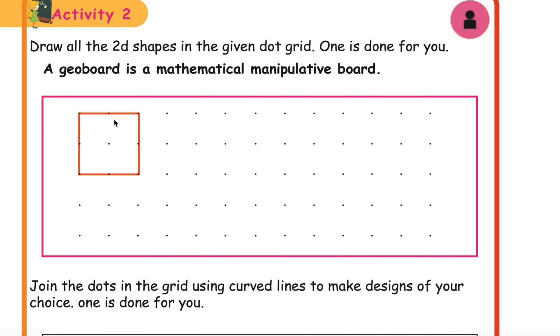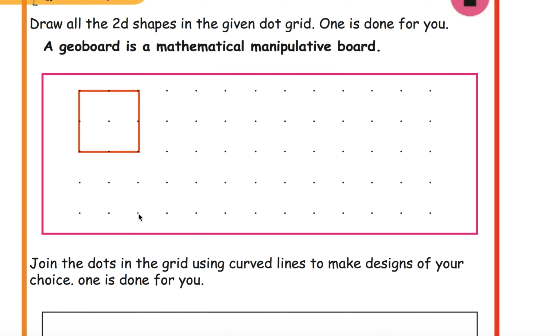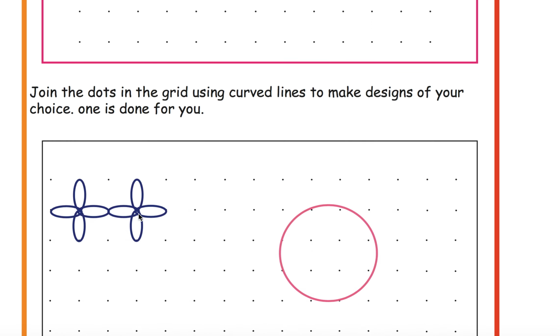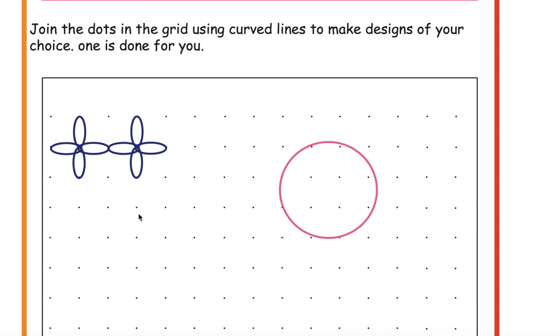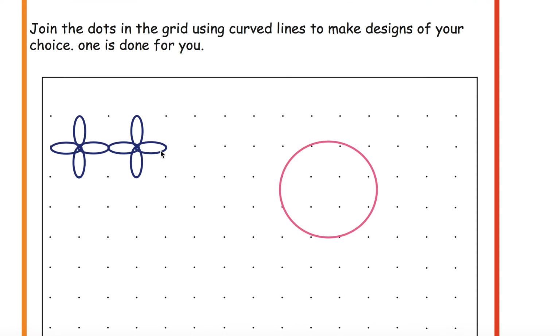You need to make all 2D shapes here by making use of these dots. Now you have to join the dots to make a design.